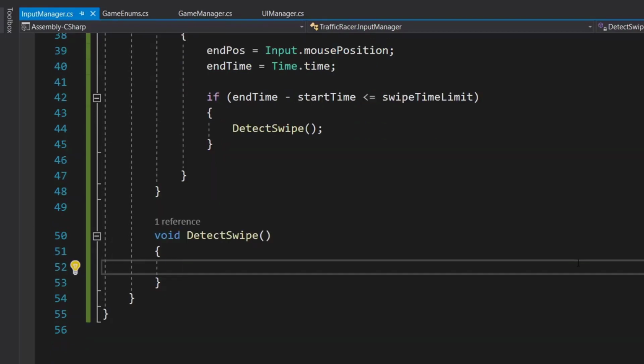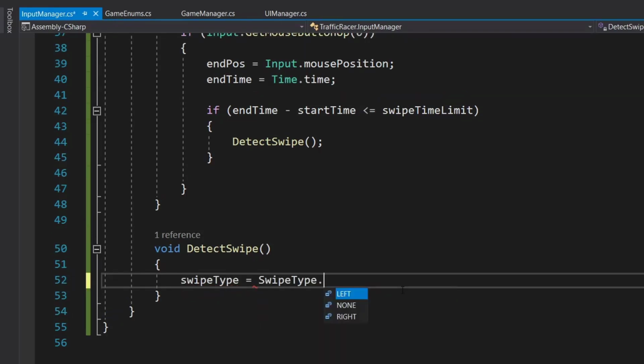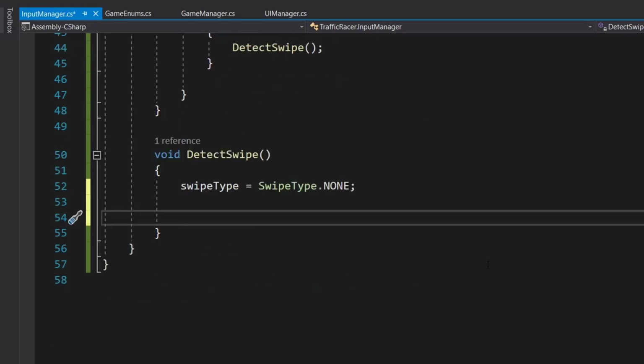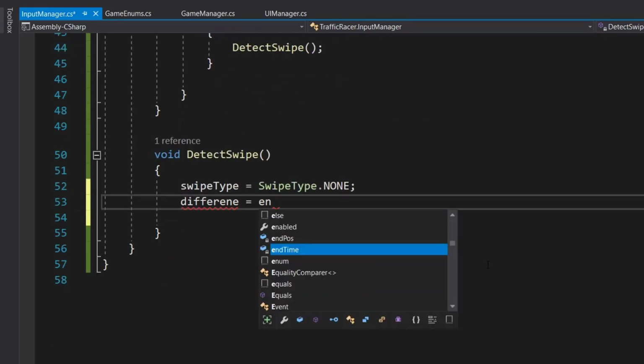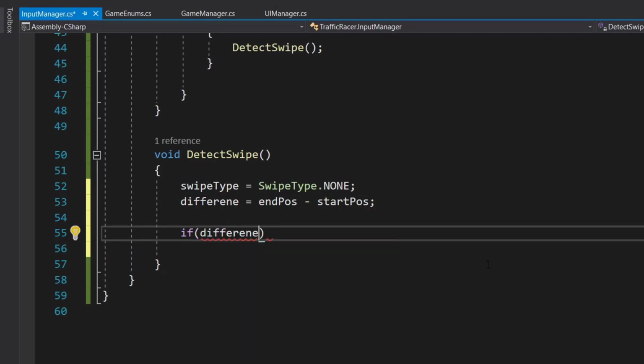So in the DetectSwipe method, we are again going to confirm whether it is a swipe or not, and if it is, then in which direction we are doing our swipe. So here we will set our swipe type equal to SwipeType.None. Then we will set our difference equal to end position minus our start position. Then we check if difference.magnitude is greater than swipeThreshold times Screen.width.